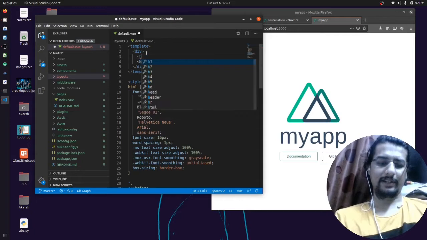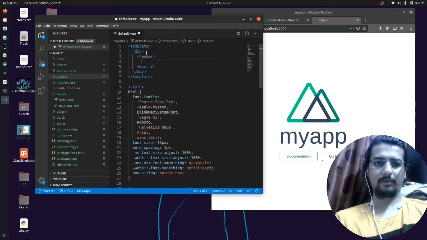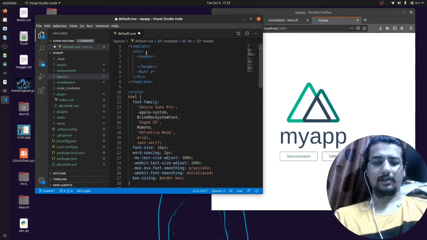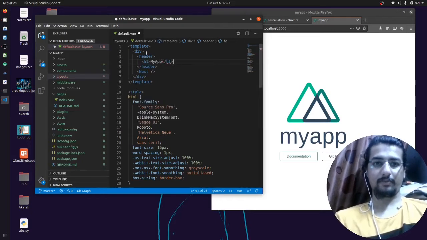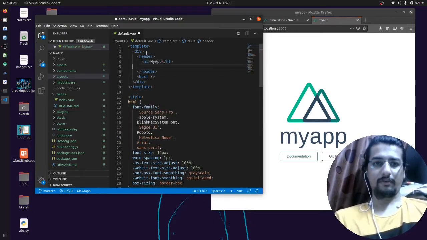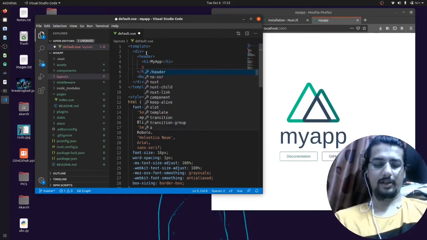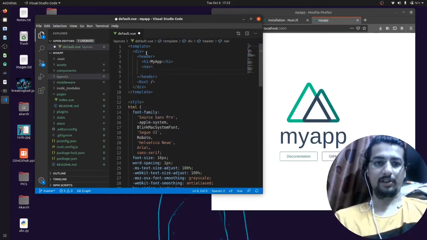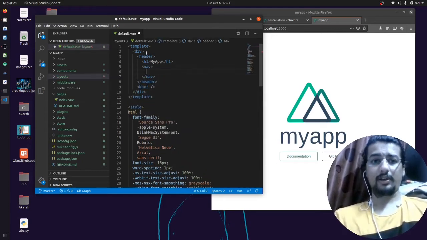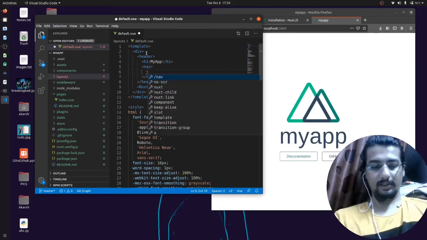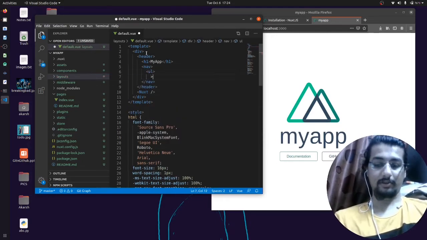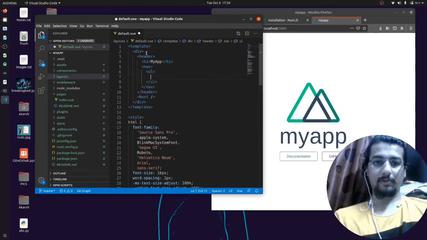I can create a header, and let's just give it the name "my app". After that, let me give it a navigation bar, navigation, and let's just do a list.